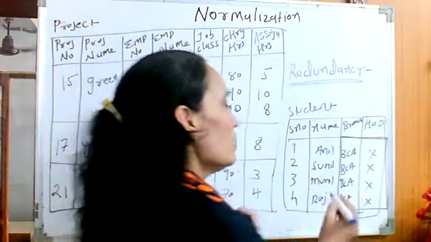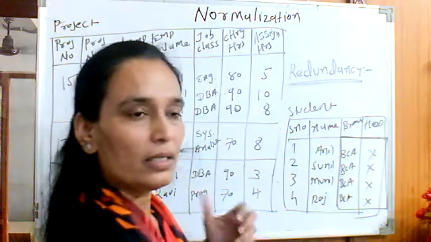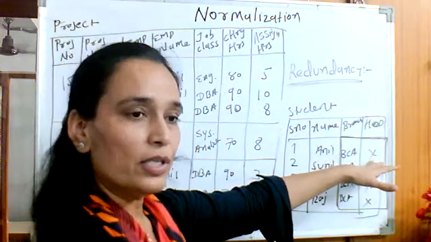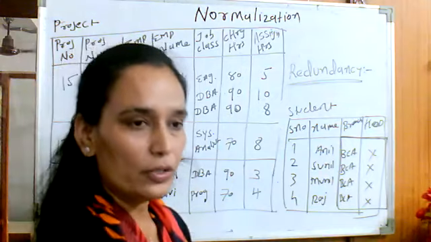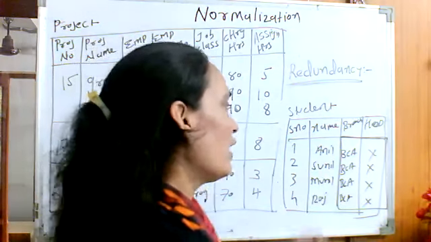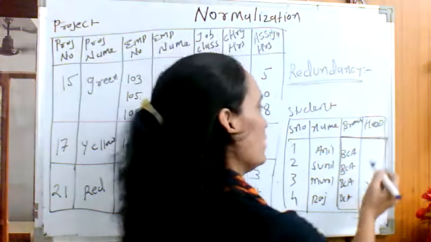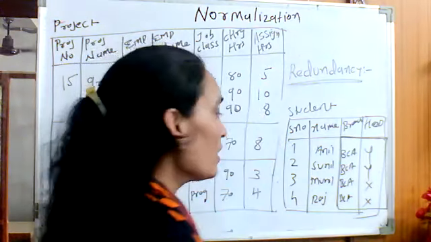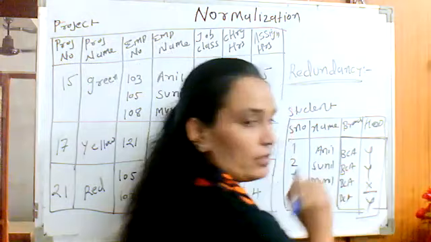Okay. So now our HOD is going to another place. He will leave the job. Now I have to change the name of the HOD. So now Mr. Y will come in the place of Mr. X. So I will change Mr. X to Mr. Y. While changing, I forgot to change at one place.